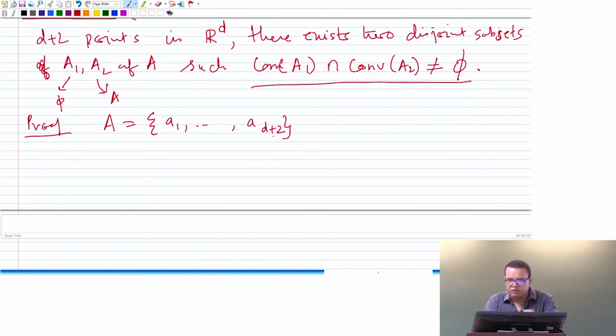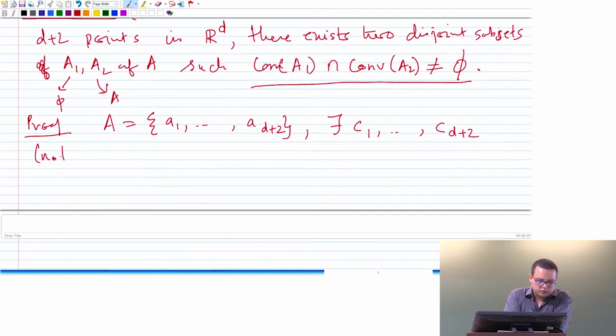That is one definition. There is another definition, and you should try to show equivalence between the two. Since these d plus 2 points in R^d are affinely dependent, I will say there exist constants C1 to C d plus 2,